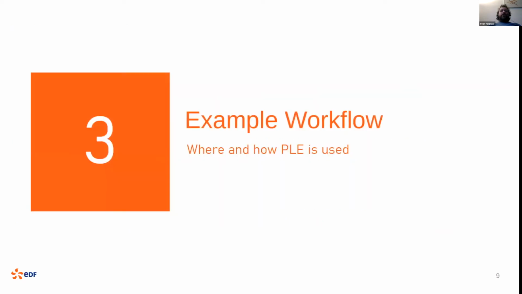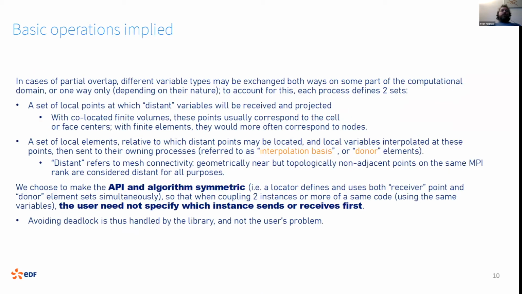For an example workflow, a few important aspects: when we have parallel or partial overlap, we might exchange some values both ways. Each mesh will consider some local points at which we'll receive or interpolate distant variables, and the same mesh can also provide some donor portions of the meshes, local elements on which we will provide values to distant points. So the algorithm is symmetric, and basically if we couple a code, it can be used to couple the code